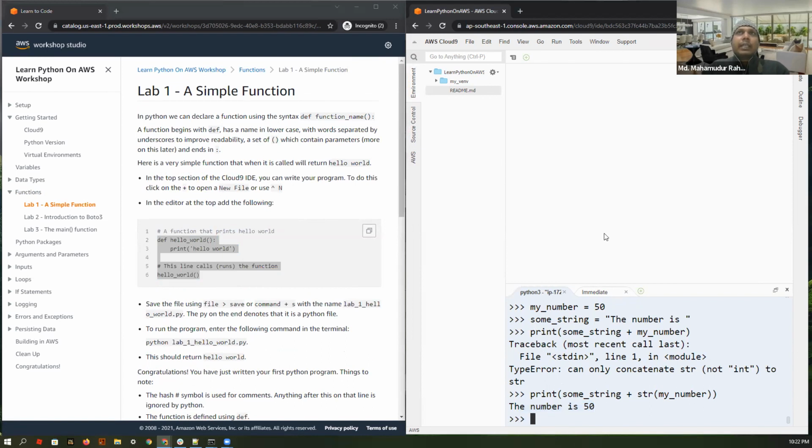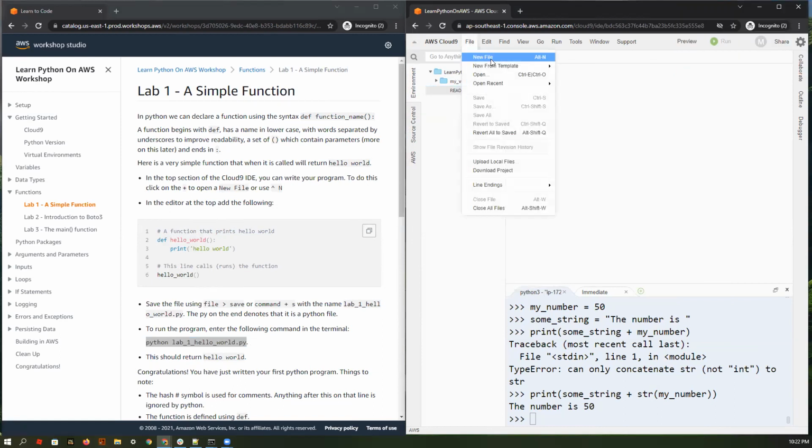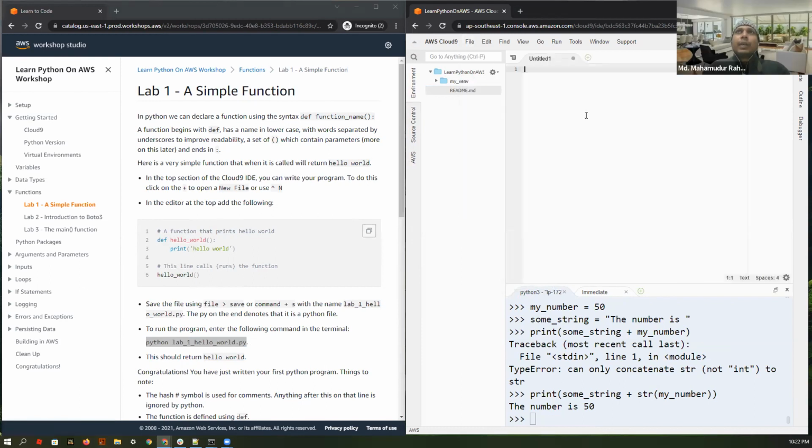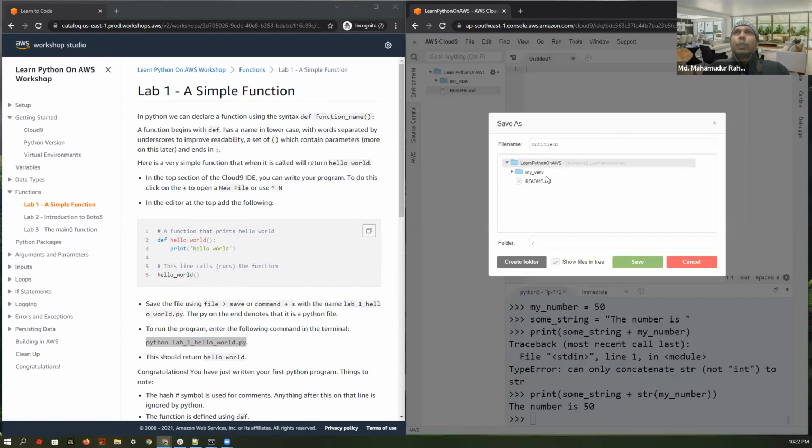এবার আমরা ফাইলের মধ্যে কাজ করব। আমরা একটা নতুন ফাইল নিব। আমরা এই যে সরাসরি লার্ন পাইথন অন AWS এর মধ্যে আছি, এখানে রাইট ক্লিক করি, অথবা ফাইল থেকে নিউ ফাইল করতে পারি। নিউ ফাইল করে এই ফাইলটার একটা নাম দিয়ে সেভ করি।